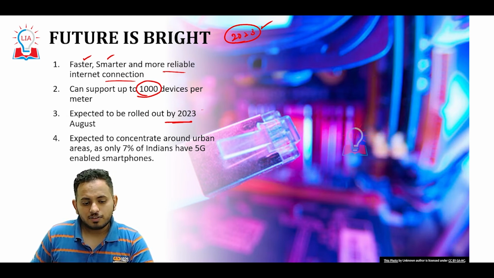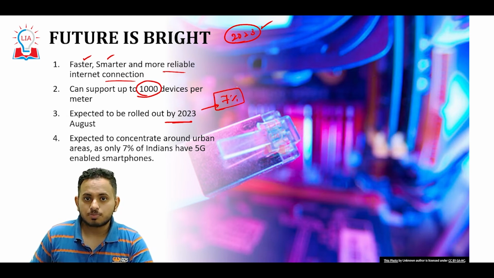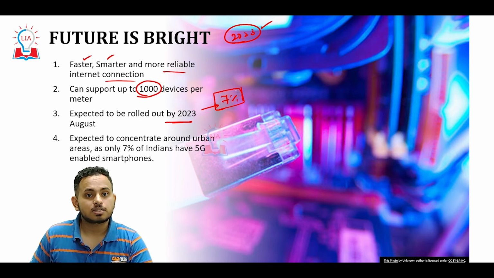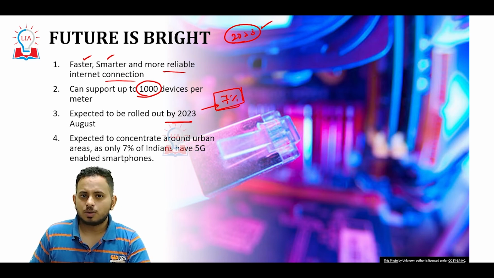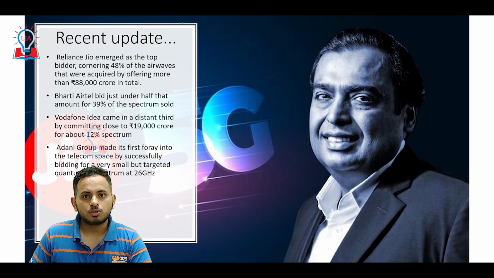See, even if the 5G rolls out, 5G is expected to create digital divide because only 7% of the smartphone users in India as of now have devices that can actually support 5G. So in the absence of devices which can support 5G, it is expected to have some kind of digital divide, and we would expect it to concentrate among the urban classes, and we need more time for 5G network to penetrate into the rural areas.